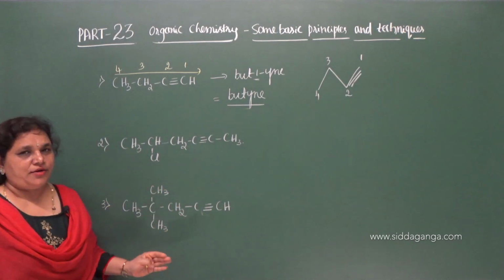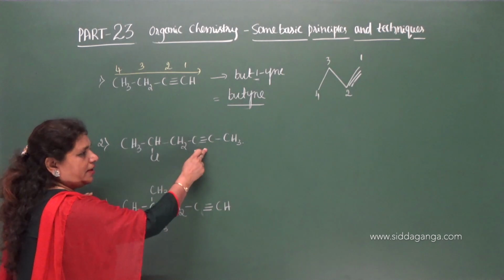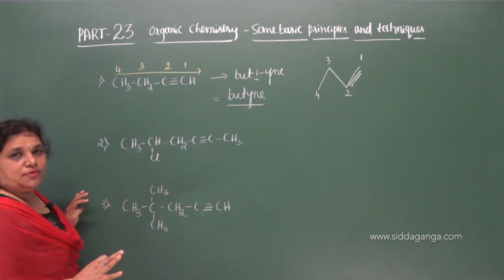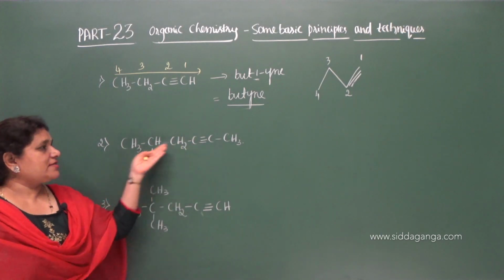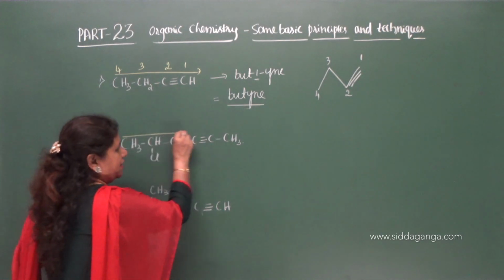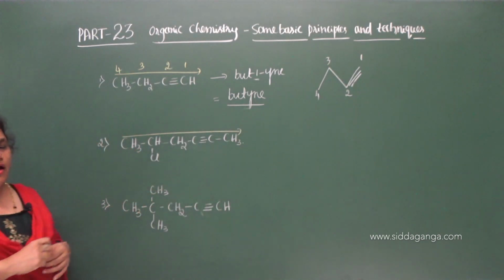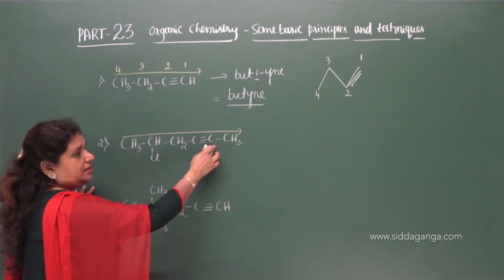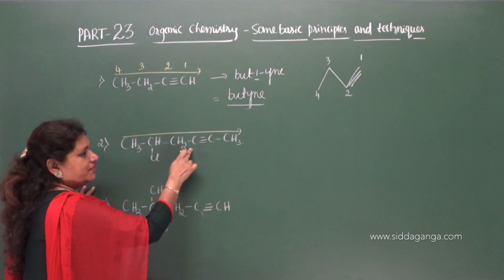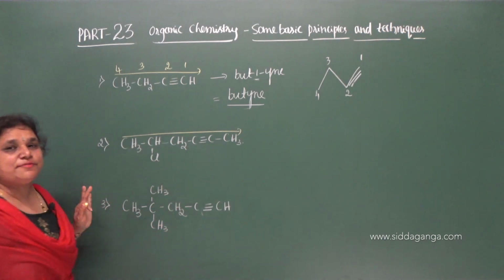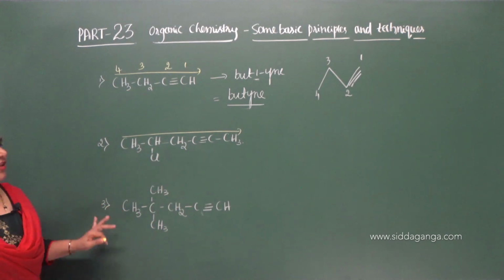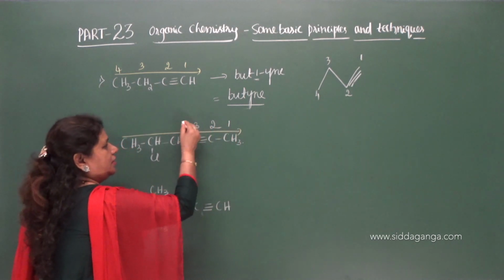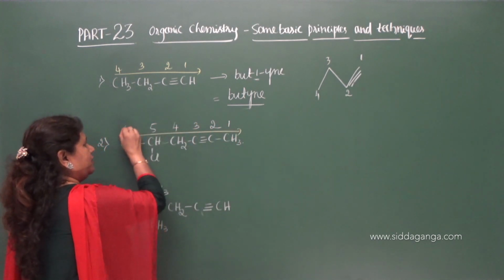Similarly, move on to the second one. Here we have a substituent group and a multiple bond. As I said, we need to give the preference for multiple bonds. Therefore, we have to select this carbon chain here. This is the selected carbon chain. We need to give the number from this end to this end, as it gives the triple bond the number 2, but if we give the number from the other end, this carbon containing the triple bond gets the locant 4. Therefore, give the numbers here: 1, 2, 3, 4, 5, 6.